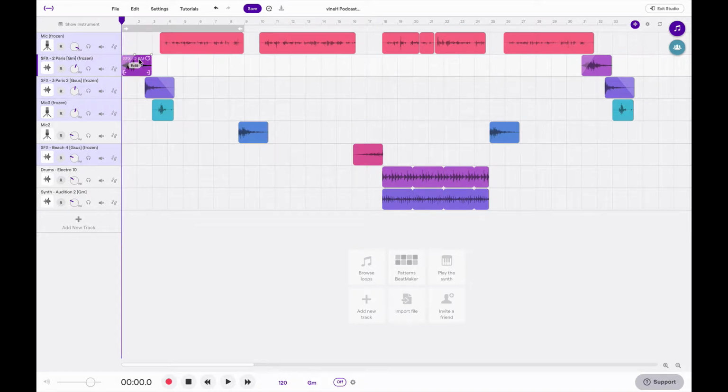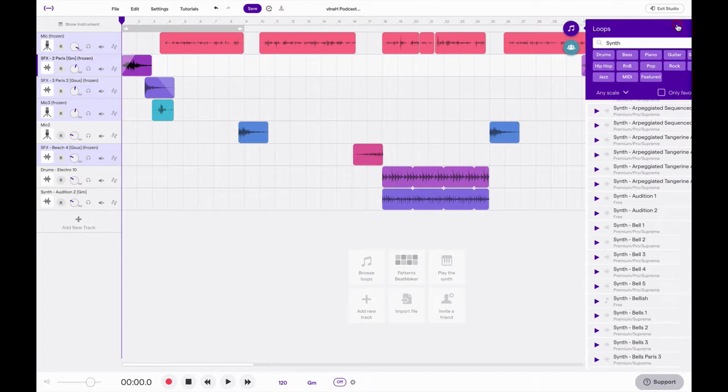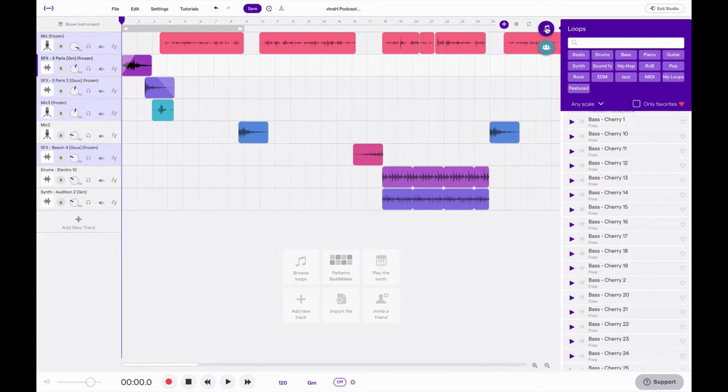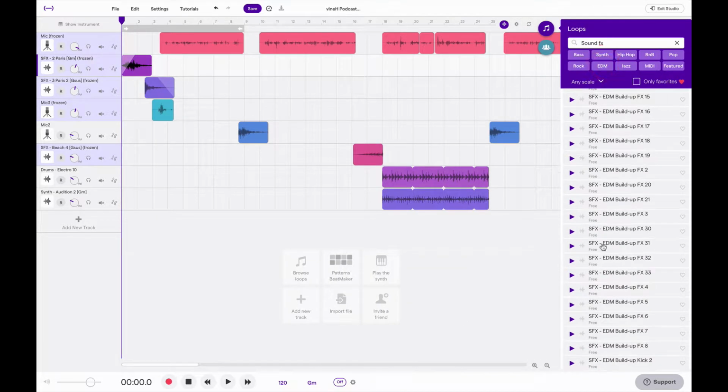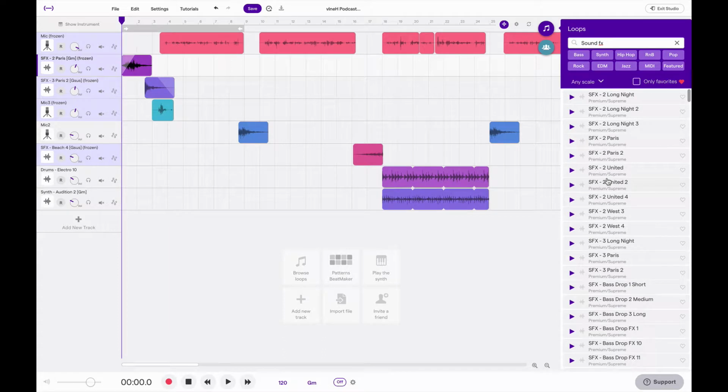So these sound effects I literally just found straight in Soundtrap. I went over to the loops thing by clicking on this lovely purple circle, and I clicked sound effects, and then I just scrolled through all of these, listened to a bunch of them, and then when I found one I liked, I clicked it and put it where I wanted it, and by default it will repeat it 4 times, so I just went to the end, made sure my mouse was this circle thing, and then brought it over so that it's not repeating 4 times, but it's only once, and then make sure it's in the exact